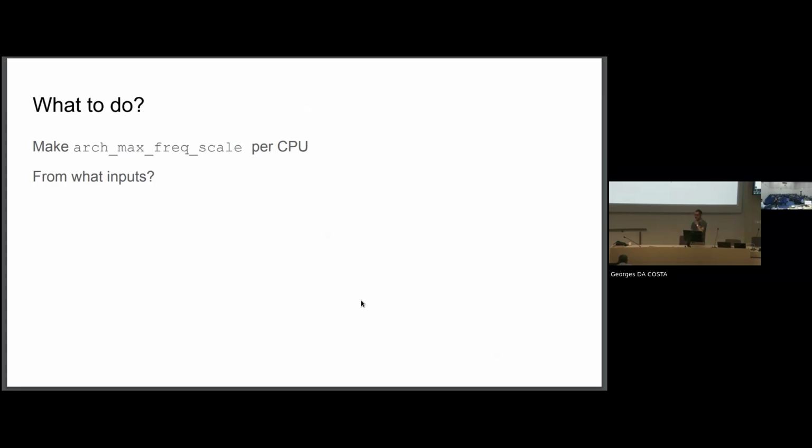So Rafael was suggesting to use the ratio between HWP highest performance versus guaranteed performance. I tried that, but it didn't work. Maybe I didn't do it well enough or didn't do it correctly, but that didn't work for me. And even the guaranteed performance in HWP can change if the conditions of the system change over time, maybe if you reach some limit. So what I would like to have is some numbers that don't change, or I can assume they don't change, or they will not affect our arithmetic when doing this